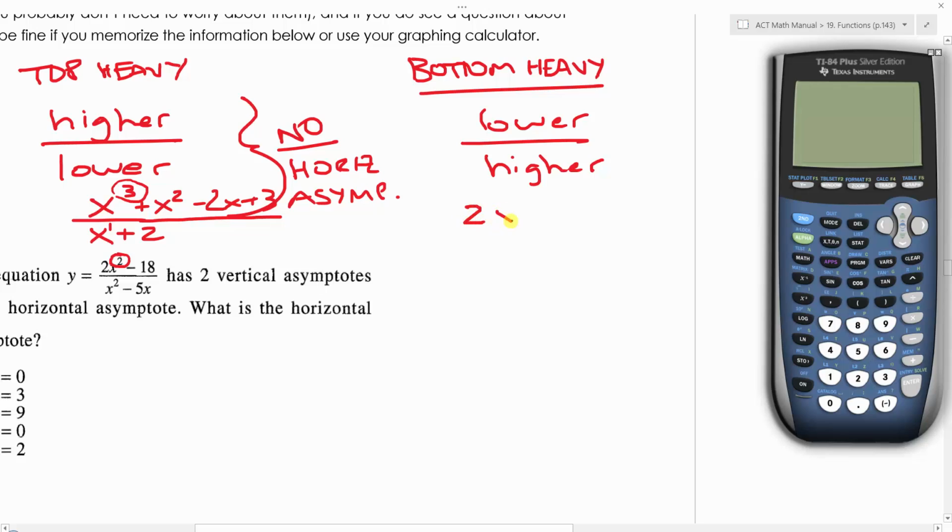Let's do 2x minus 3 all over 3x to the 4th plus 7. So here we have a linear function, a degree of 1, over a function with a degree of 4. When this happens, there is a horizontal asymptote, and this is always true, horizontal asymptote